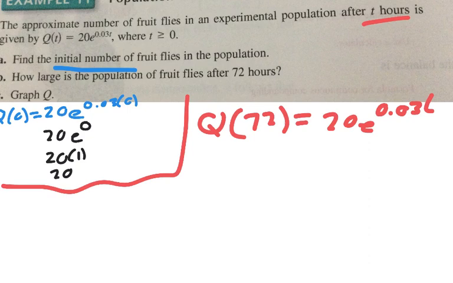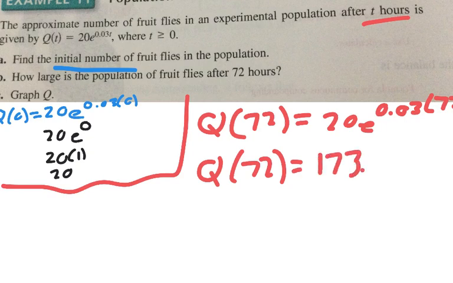It is 72, obviously. Well, why? Who said 20? Genius said 20. 20 times e. Thank goodness one person's paying attention. 20 times e raised to the 0.03 times 72. When I do that, I find Q of 72 to be 173.42. So that would be